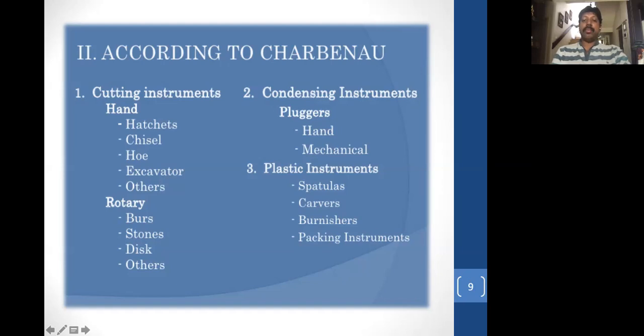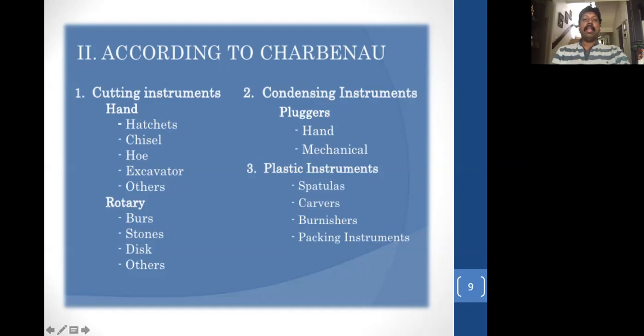You can't just anybody ask anything? No. Okay. So when you use burrs, you can't hold a burr in your hand and do. Anybody had done a cavity preparation holding a burr in the hand? No, right? So burrs are mounted on the motor and then used. That is why it's called rotary, because it rotates at a certain RPM, rotations per minute.